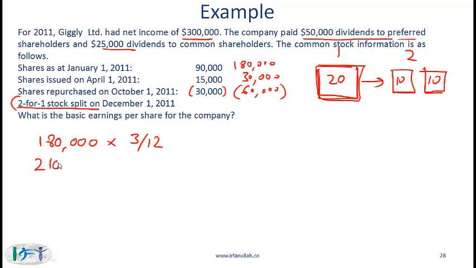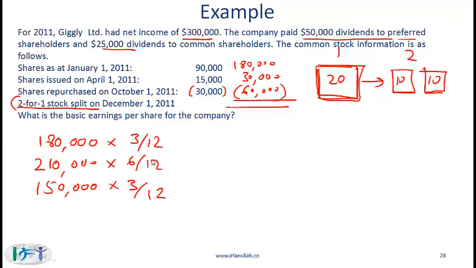And that means that we now have 210,000 shares outstanding. These were outstanding from 1st April till October 1st, which is 6 months. Therefore, we write 210,000 into 6 months out of the 12-month year. And then for the last 3 months, we are going to come down by 60,000 because 60,000 shares were repurchased. That means in the last 3 months, we have 150,000 shares. 150,000 into